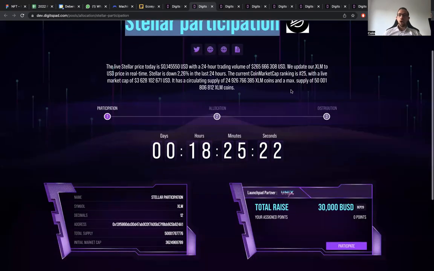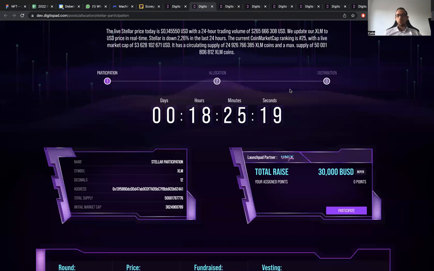In addition, there are 3 rounds that will be completed per allocation pool. We have the participation round. In this round, when the timer is active, you have the option to participate. If the timer expires, the pool will automatically move to the next round, which is where you can get your allocation. Once the timer then expires again, you will have the distribution where you can basically collect once the TGE